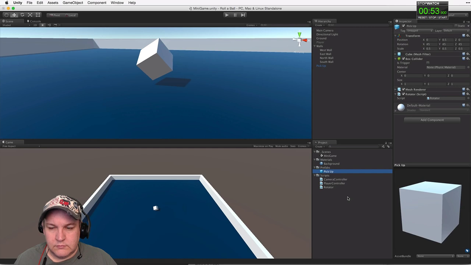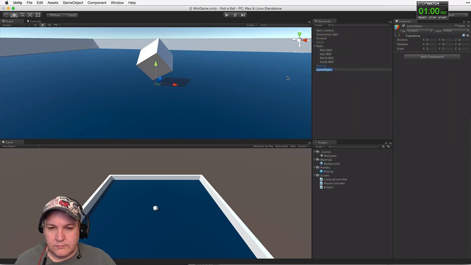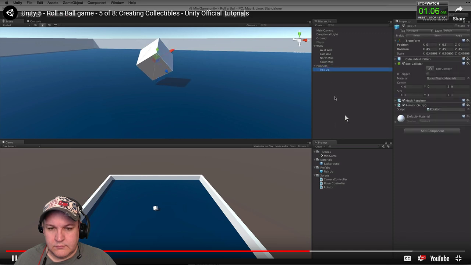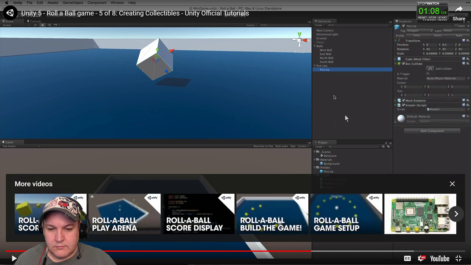Before we spread our collectibles around the game area, we should create a new game object to hold our pickups and to help organize our hierarchy. Let's create a new game object and call it Pickups. Check to make sure this parent game object is at origin and drag our pickup game object into it. Now we want to